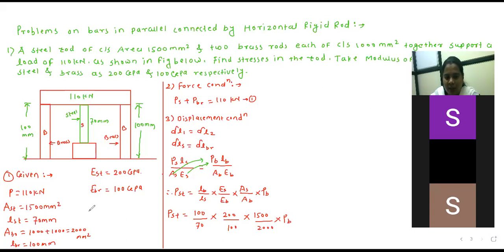Now you observe here, other units are in mm square and this EST is in GPa. बघा इथे तुम्हाला युनिट कन्वर्जन करायची काही गरज नाहीये. जर तुमचं Young's मॉड्युलस फॉर बोथ मटेरियल युनिट सेम असेल तर ते डायरेक्ट तुमचं कॅन्सल होणार आहे, त्यामुळे चेंज नाही केलं तरी चालेल. थ्रू आउट सेम असलं पाहिजे असं नाहीये, पण त्या लेंथ साठी किंवा त्या पर्टिक्युलर Young's मॉड्युलस साठी किंवा त्या पर्टिक्युलर एरियासाठी तुमचं काय पाहिजे, युनिट सेम पाहिजे. ओके. So do the calculations and tell me the relation, PST is equal to how many times PB.